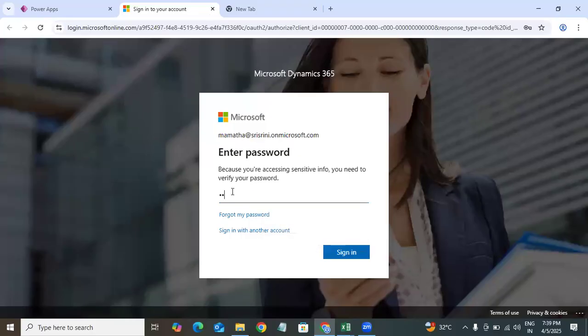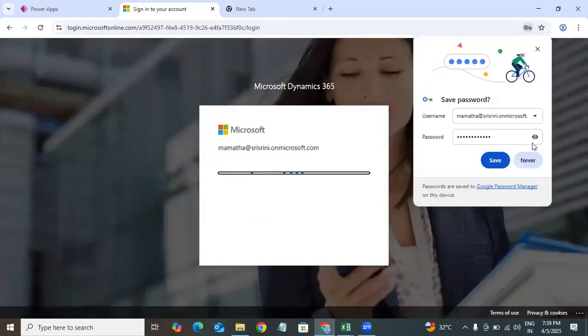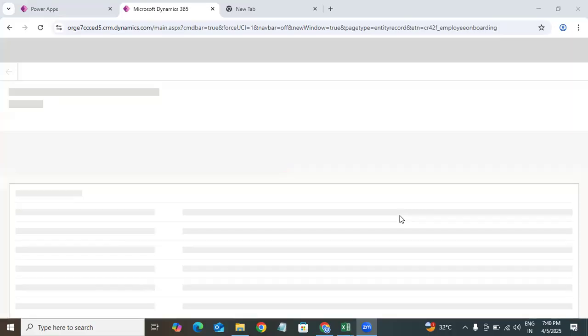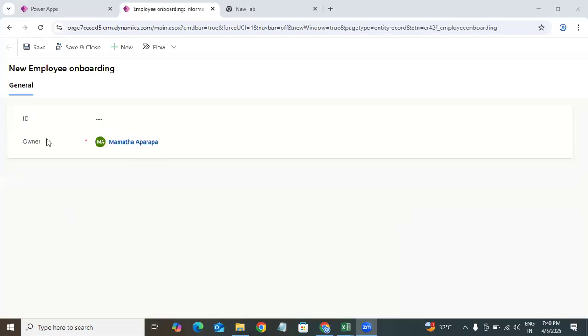Give me 1 second. See, this is the form which we got, as we haven't created anything,